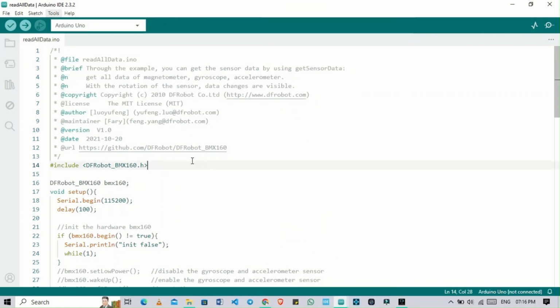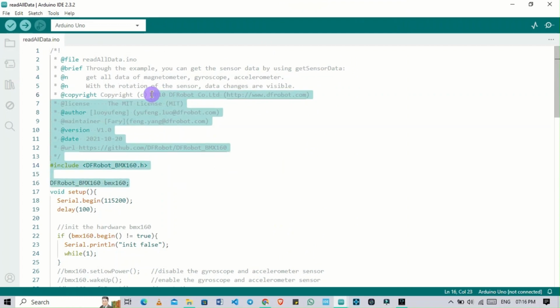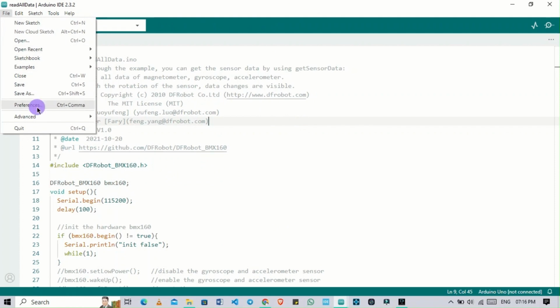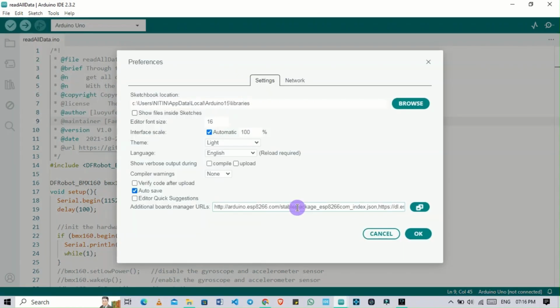If we want to add other controllers, like the Raspberry Pi controller, you have to go to File and Preferences, and you can go to Google, where you can access a URL path. You will get the ESP32 path, and I will also mention this path in our description box. Just copy it, paste it here and click OK.